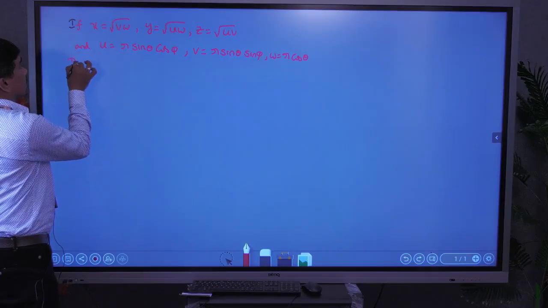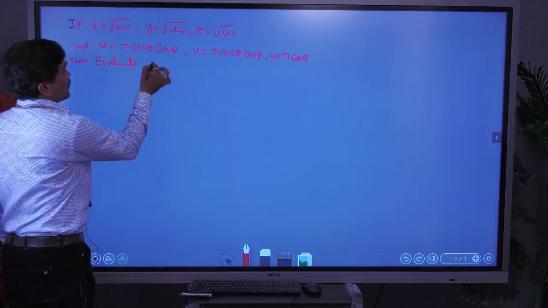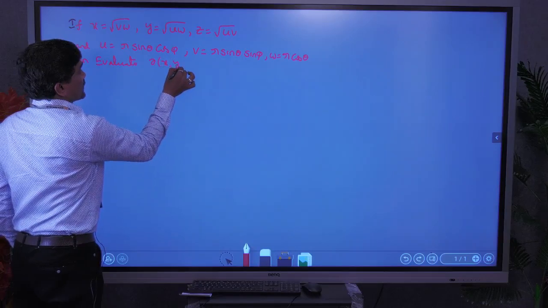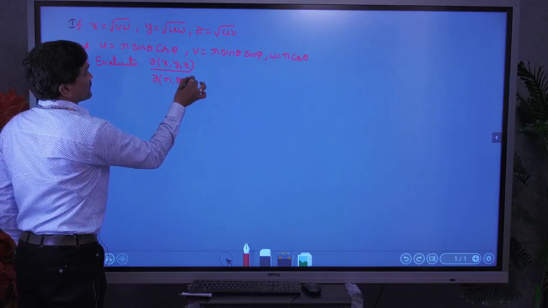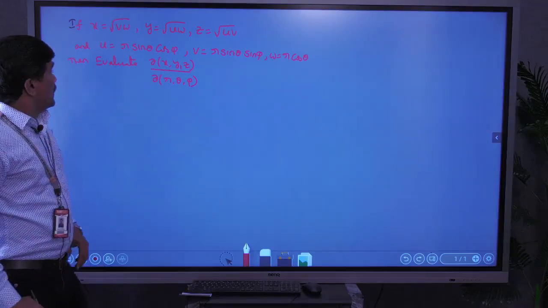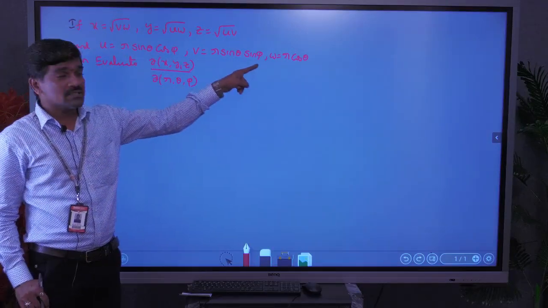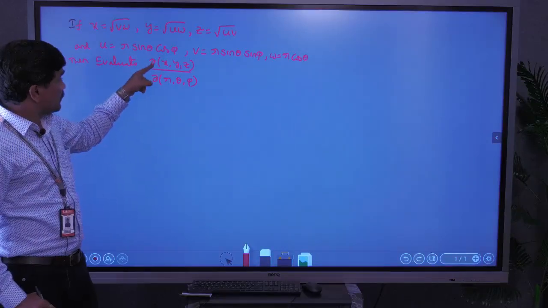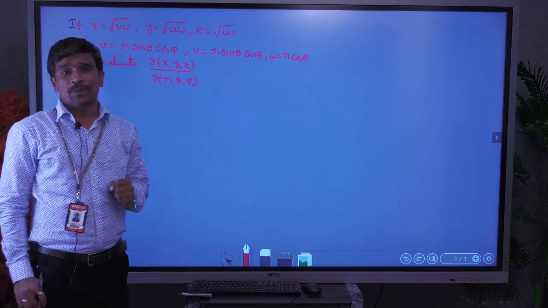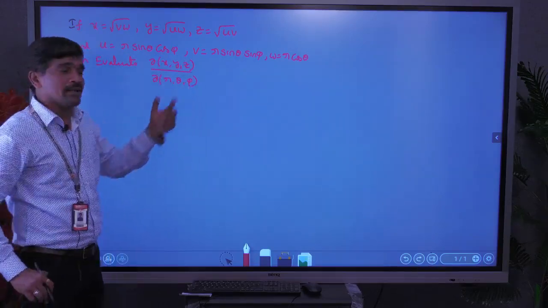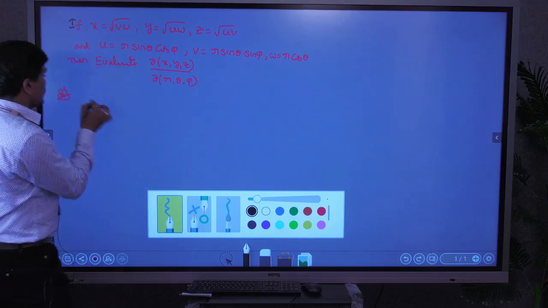Then evaluate dou of xyz by dou of r theta phi. So this is our problem. Now, x, y, z are functions of u, v, w, and u, v, w are functions of r, theta, phi, but we have to find dou xyz by dou r theta phi. So here we use the Jacobian property. Dou xyz by dou r theta phi can be written as